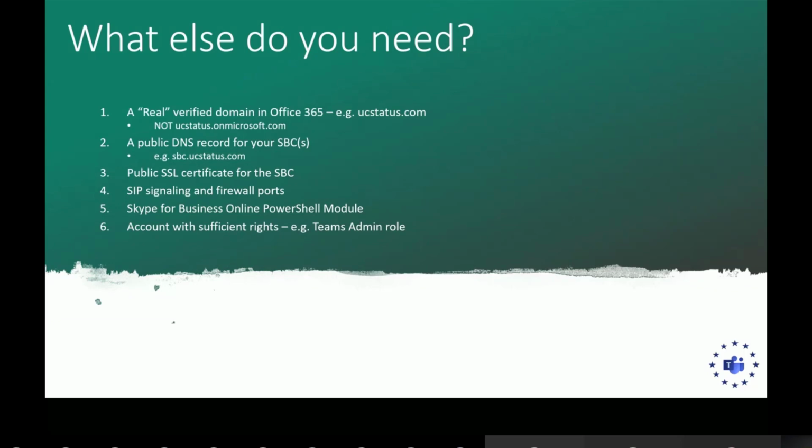To set up all the telephony stuff and anything else in Teams for that matter, you'll need an account with sufficient rights. So if you're a global admin, for instance, you've got everything you need, but there are specific RBAC roles. It was called the Teams admin role, but I checked yesterday and it's now called something else. But there's 3 or 4 different levels. There's like a Teams help desk and a Teams this and Teams that.